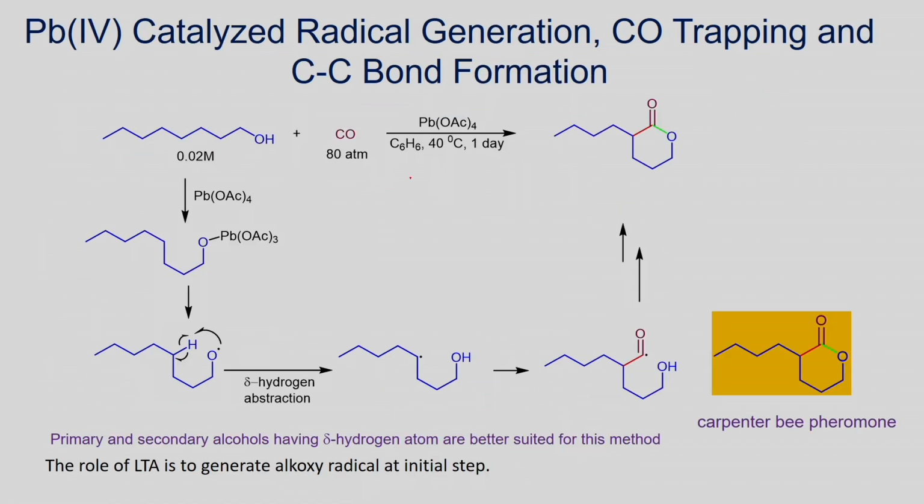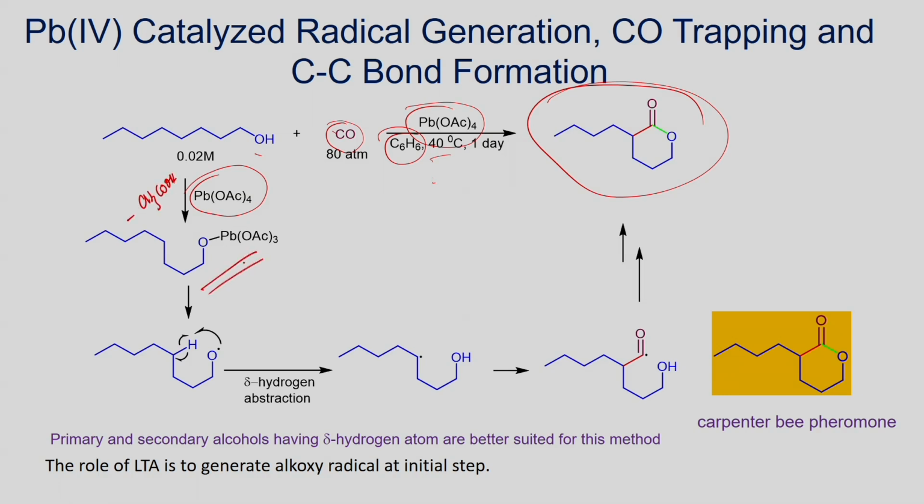Here is another example shown. If you look at the previous one and this one, we do not use AIBN here as a radical initiator. In this case, the reaction of alcohol with carbon monoxide in the presence of lead tetraacetate, shown under heating in benzene solvent, can lead to the formation of this lactone. So, when you have the alcohol and react it with the lead tetraacetate, you will be able to form this compound. You lose acetic acid. So, you form this one. Once you have this, it can undergo homolytic cleavage under heating, and you can form the radical.